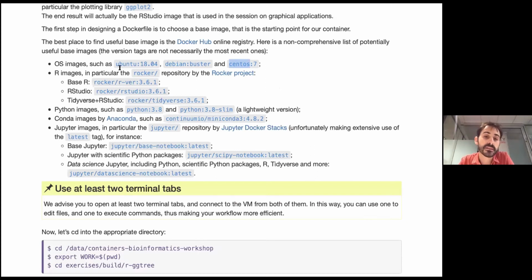And that's because the Rocker project provides already some ready-to-go R images, a bit like the one we used yesterday, which was based on one of these. So there are base R images, Rocker R-ver, RStudio images, and then there's the one we're going to use today because it has the prerequisite packages for ggtree, which is Rocker Tidyverse. And here I've just picked one version I was using a while ago, 3.6.1. So this Tidyverse image has got the Tidyverse tools, but also the RStudio interface, which is what we used yesterday